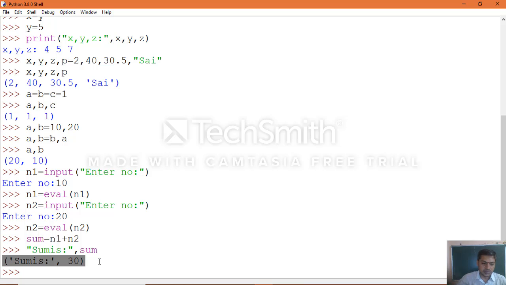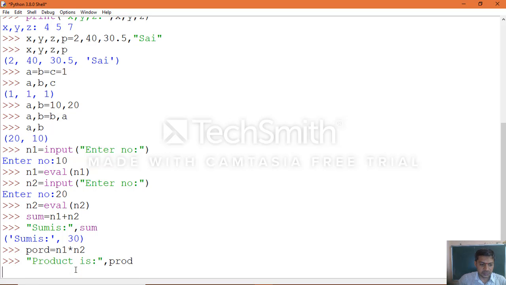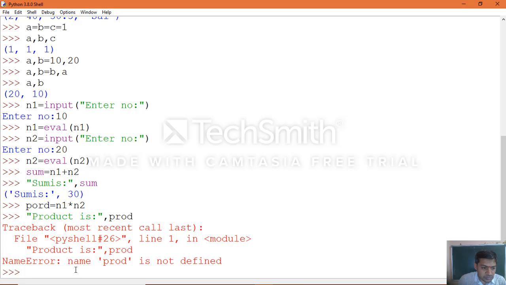In the same way, you can calculate the product here. product = n1 * n2, then you can print "Product is", and the variable which we took.